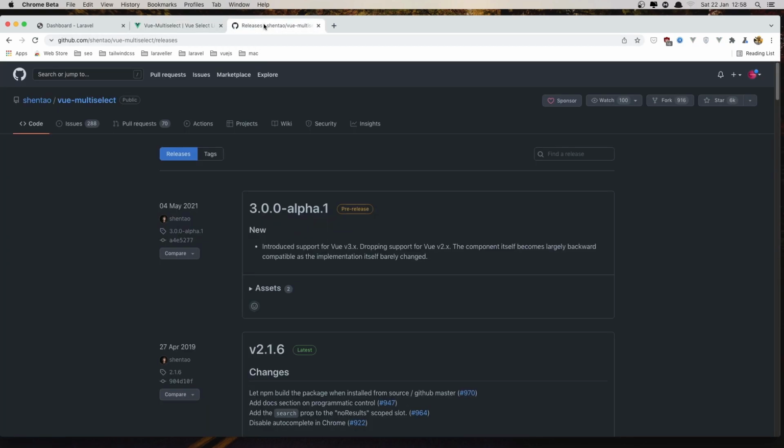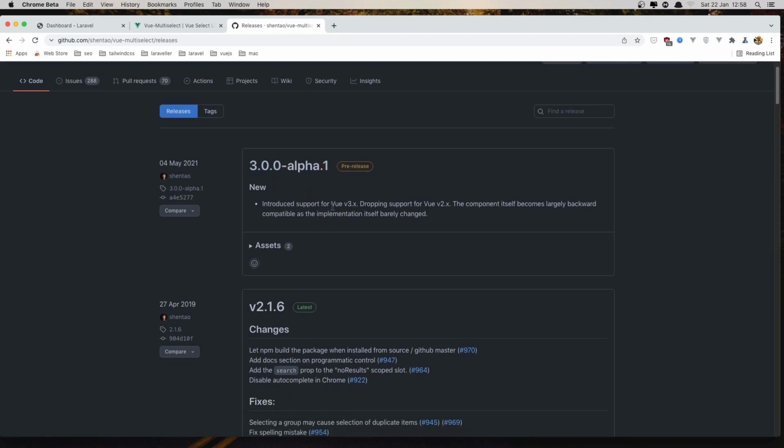And for that I have opened the GitHub repository of the Vue multiselect, and in the releases we have this version 3 which support the Vue 3. Okay, so go and install this,